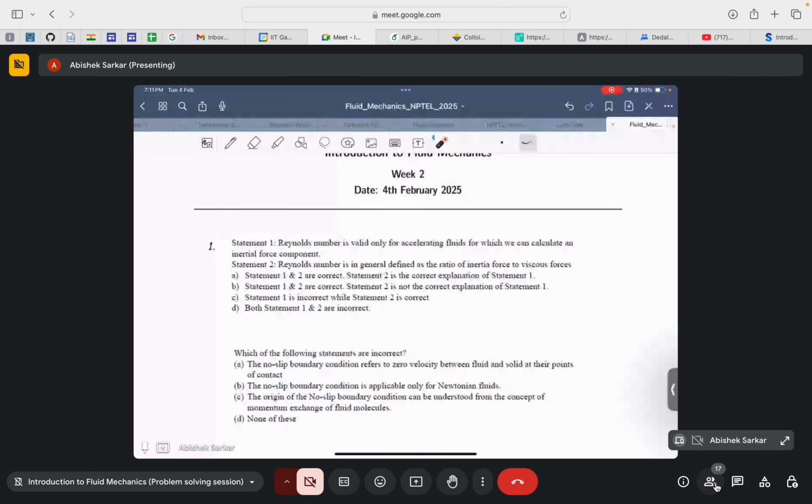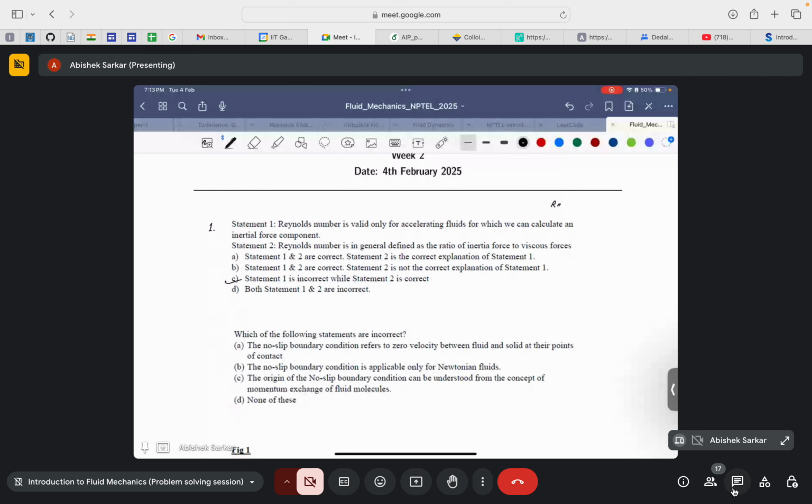So the question inherently comes into the picture: if there is no accelerating fluid component that would generate this inertia, should the Reynolds number be defined in that case? The answer is yes, because even if the fluid is not accelerating,